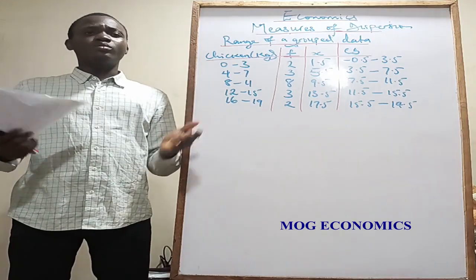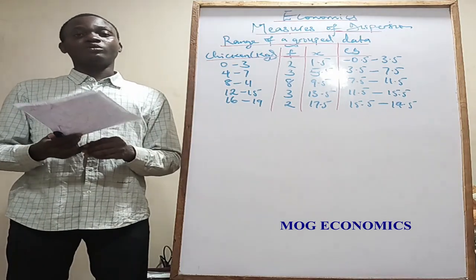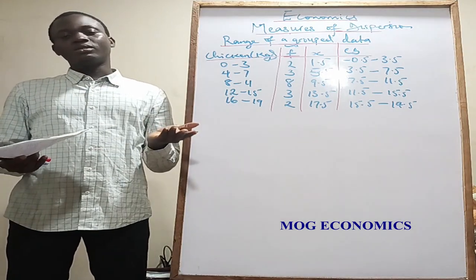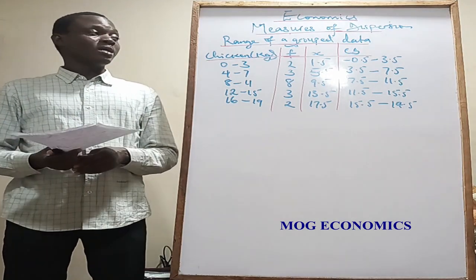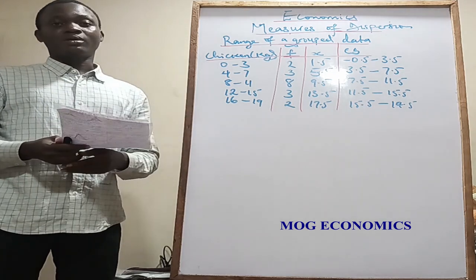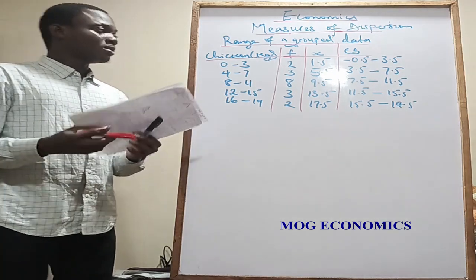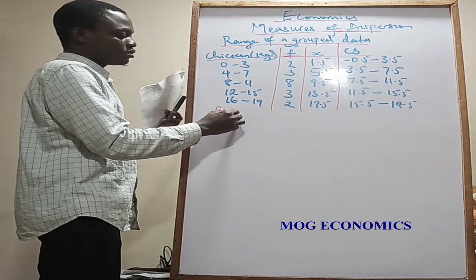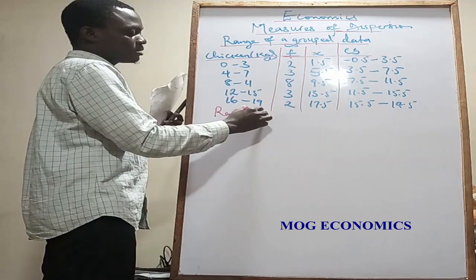So how do statisticians measure the range of grouped data? They use two approaches. They don't necessarily give the same answer or something close. Now, the first one is to subtract the lowest class mark from the highest class mark. So, using the class mark formula, range, the first one, is the highest class mark